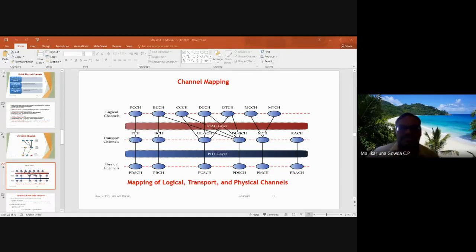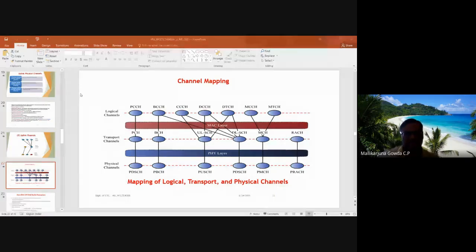I think that is why I said this is an important slide. If you understand this, you will be able to answer any given type of channel, and you will be able to relate and say what the function of that is. Is this clear? Yes, my dear students, is this clear?